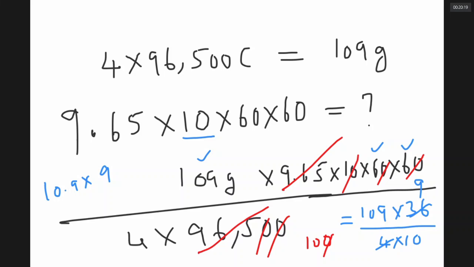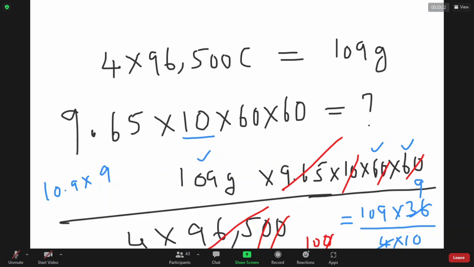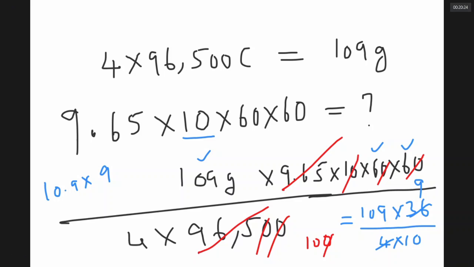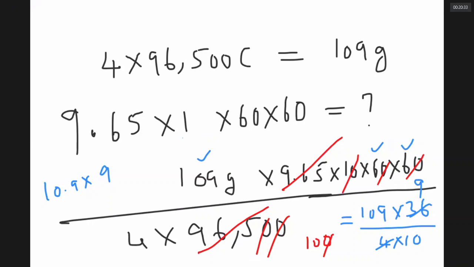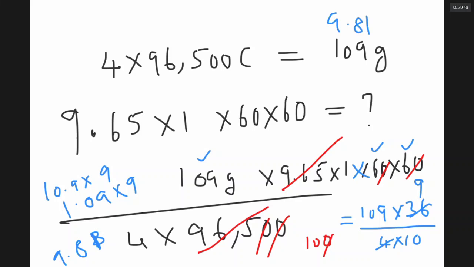One should be very careful while solving a problem. In online exam or offline exam, the number of problems will be less. You should read the problem and do it. If you ask me to do it again and again, I forget what the problem is. Now here I have taken 10 hours, which is wrong. I could have taken 1 hour. If I take 1 hour, the answer will be 1.09 into 9, that is 9.81. 9.81 means which option, sir? Option D.